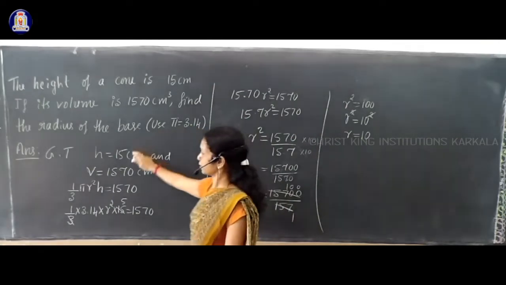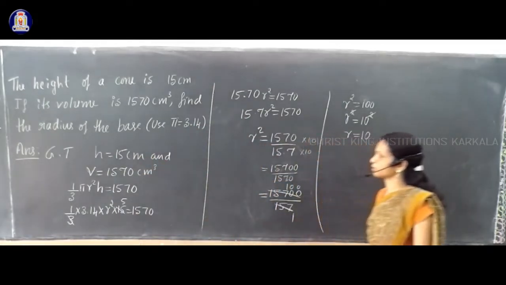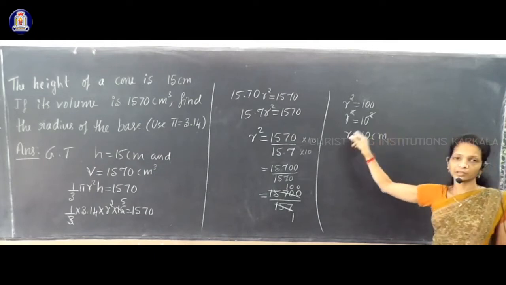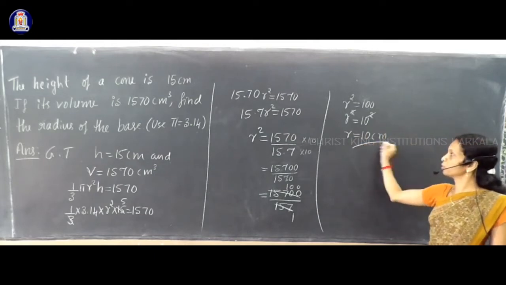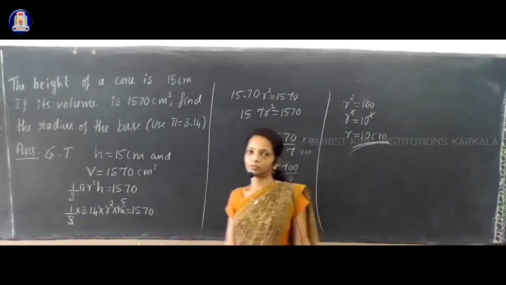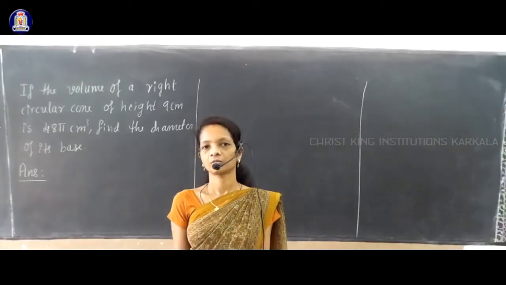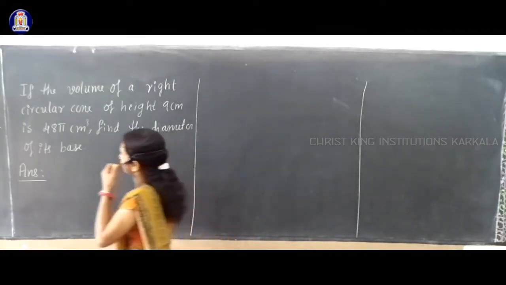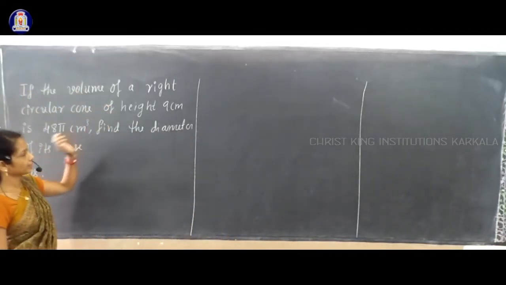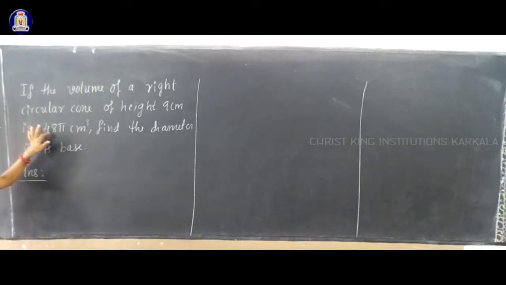And we are given H and volume in terms of centimeter and centimeter cube respectively. So here R is a single unit, so write single unit. So R is equal to 10 centimeter. That is the radius. Okay. Thank you. Next problem is: